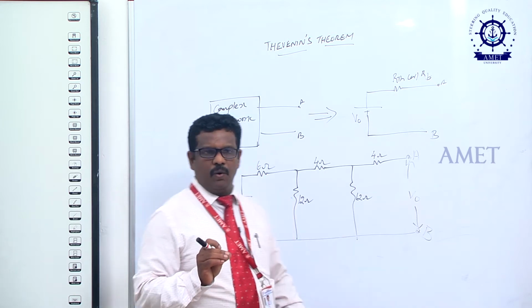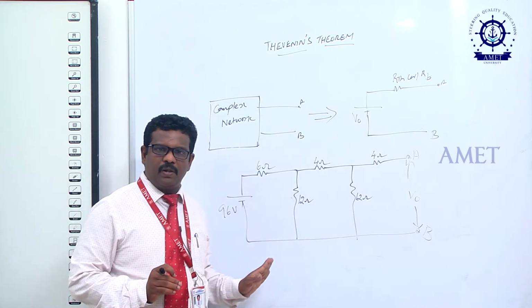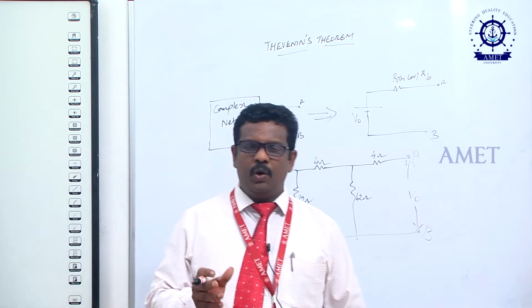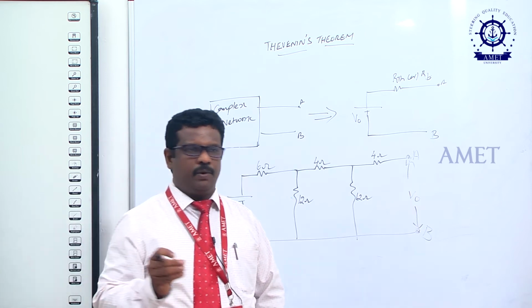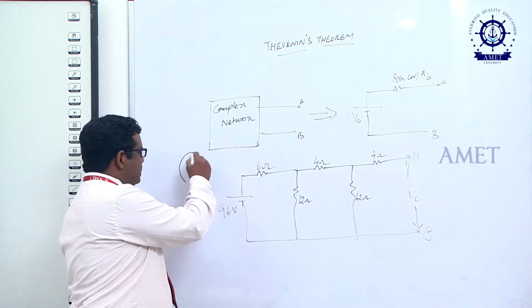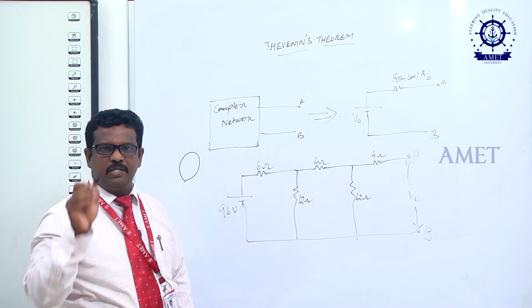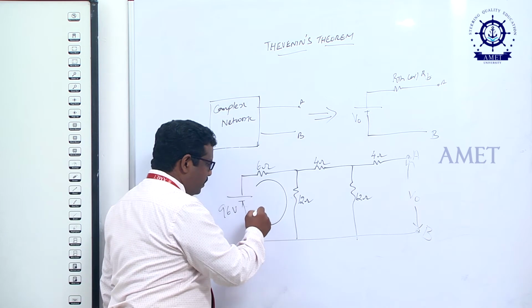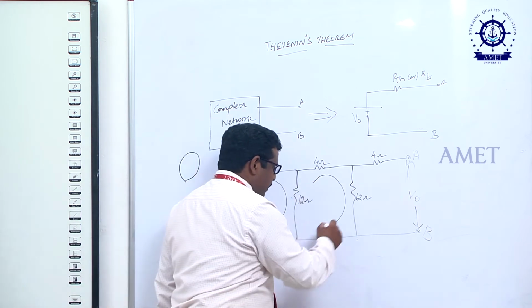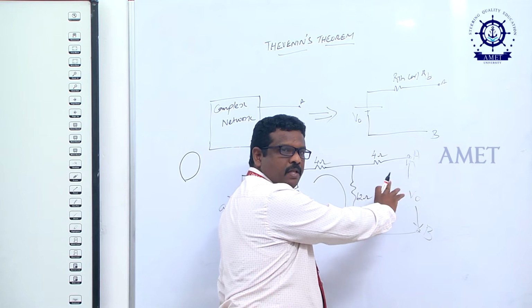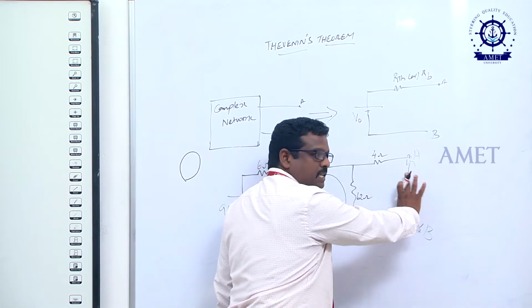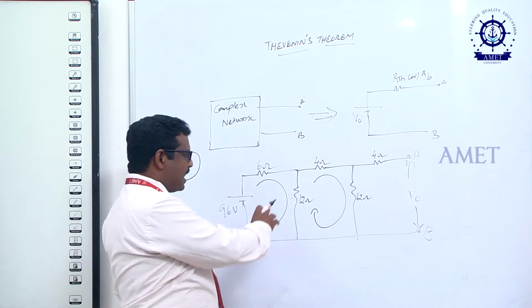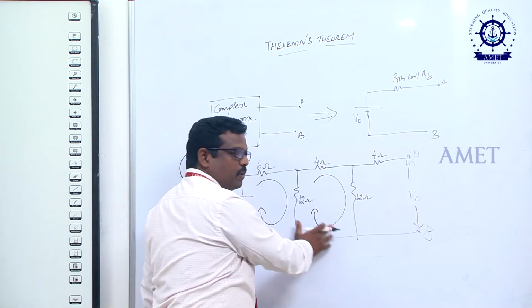How to find the voltage? Now we are going to solve it by the mesh method. So what is a mesh? It is a loop. A loop is nothing but one closed circuit. It starts from a point and finishes at the same point. How many closed circuits are in this network? This is one closed circuit. This is another closed circuit. What about this? This is not a closed circuit because this part is open, so the current will not flow through this path.